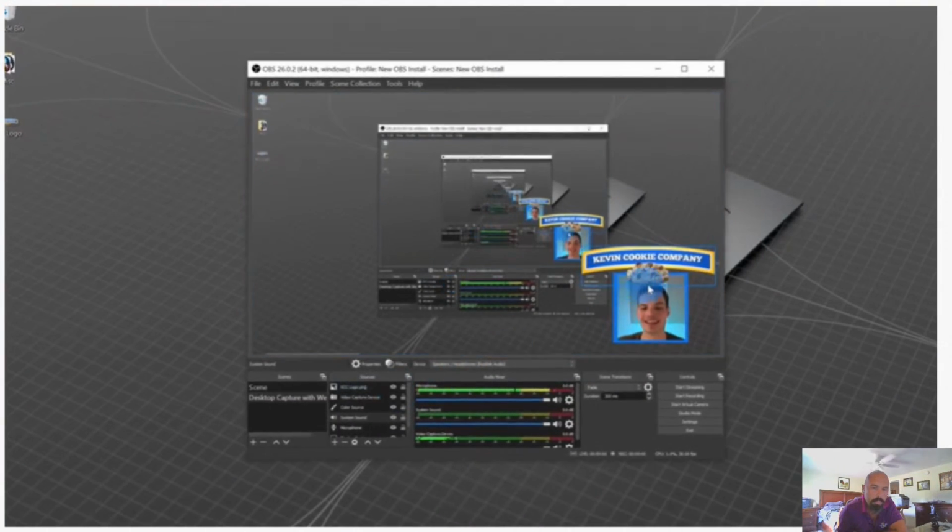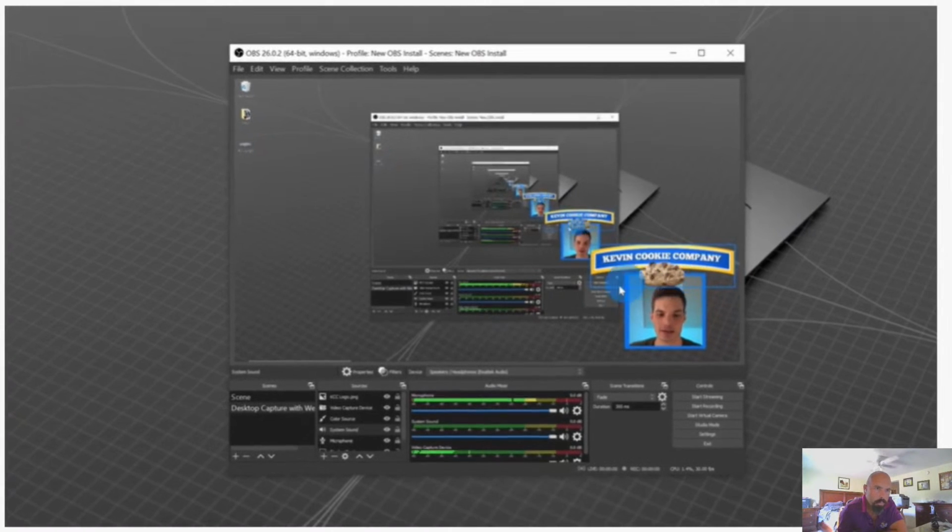Hi everyone, Kevin here. Today I want to show you how you can both get and also use OBS. First off, what is OBS? It's an extremely powerful and also versatile screen recorder, and you could